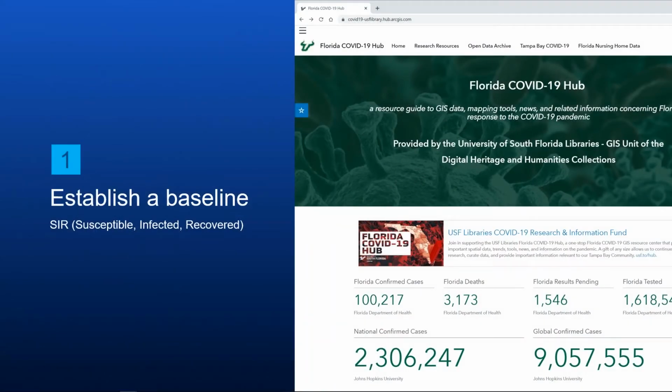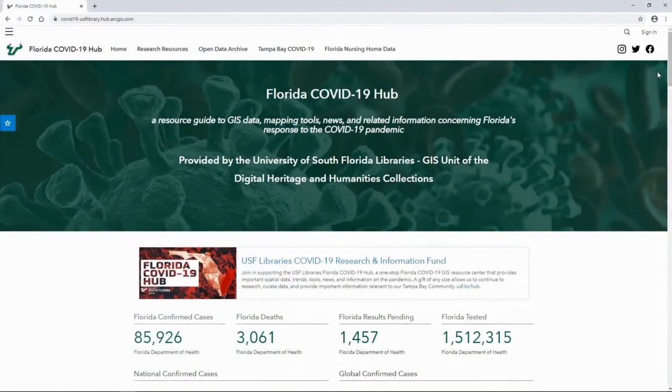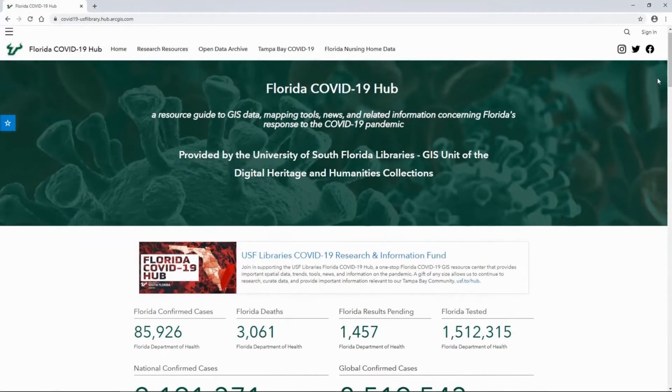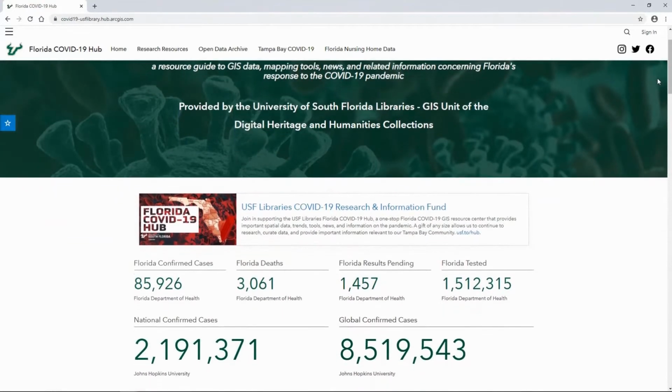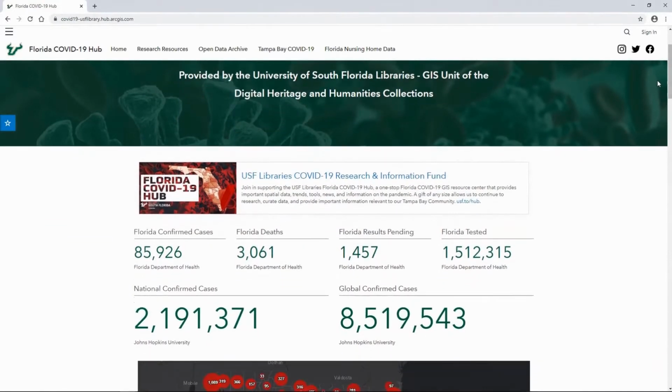The first is to establish a baseline. When the number of people diagnosed with COVID-19 began growing around the globe, many were concerned about shortages of beds, supplies, devices, and medical personnel. With that, leaders began creating models that could quantify the surge in COVID-19 so that proper planning could be done to prevent these shortages. With this knowledge in mind, the state of Florida used the basis of identifying those in the community that are susceptible, infected, and at risk,